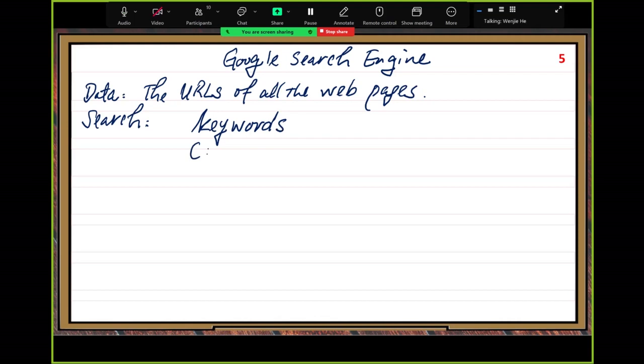So this is the input. All right, then we send a request. Hit enter. The user sends the request, sending the keywords as the input data to the Google server, the search engine server. Okay, so the output is URLs